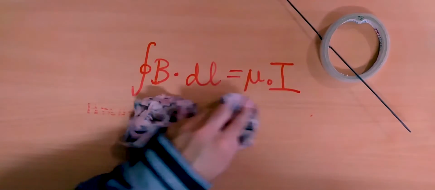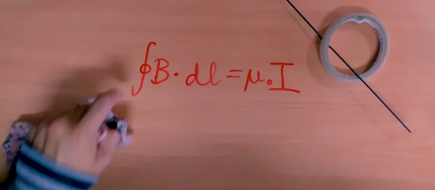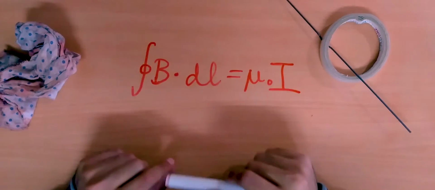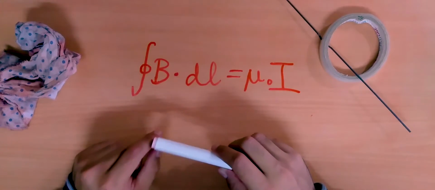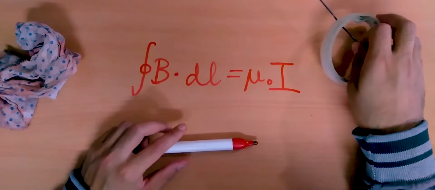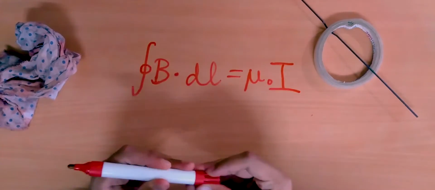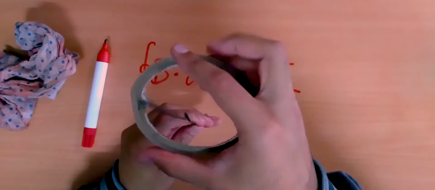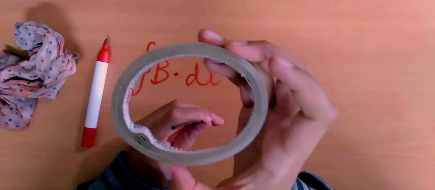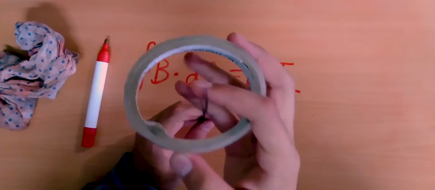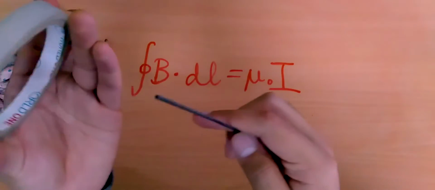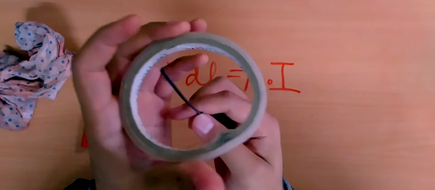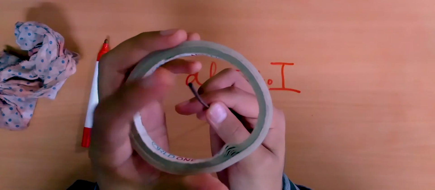Now, how do I first of all remove this integral sign, because this seems very dangerous and I think difficult to really digest and understand. So how do I remove this integral sign? Well, if I have one simple straight wire like this one, and I take a loop around it, the loop is represented by the tape, and if this is circular, as in this case, and the wire passes through the center of the loop,